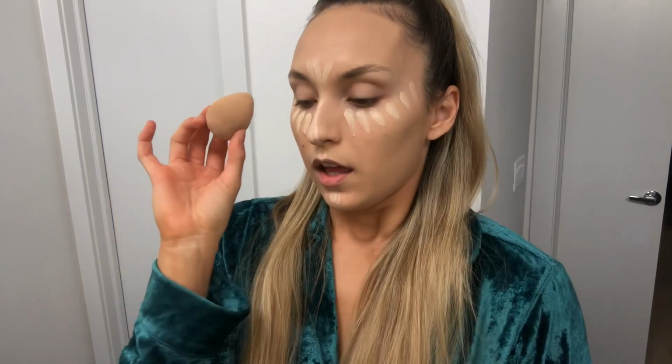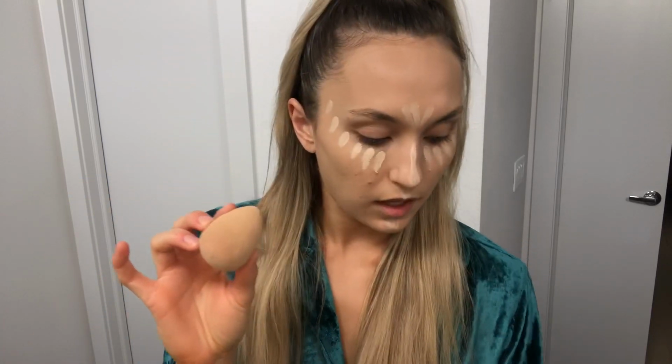So anyways, I got my second beauty blender. So I do have two beauty blenders that I use. Got it damp, just kind of wiped it off on my towel so it's not too wet, but I do want it a little bit damp. And I'm gonna go in and blend